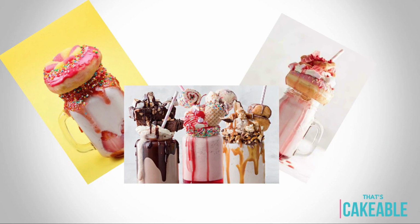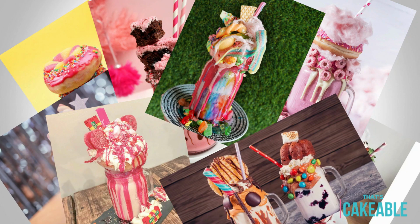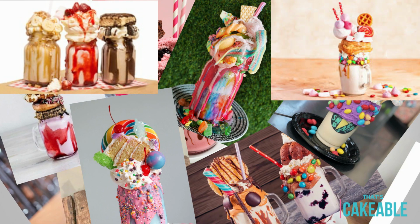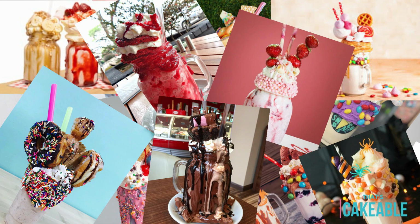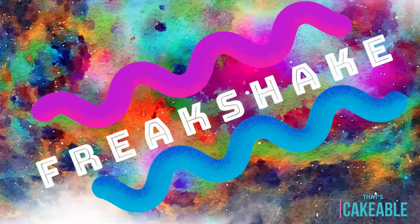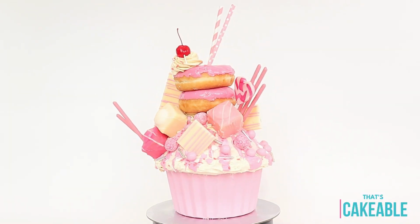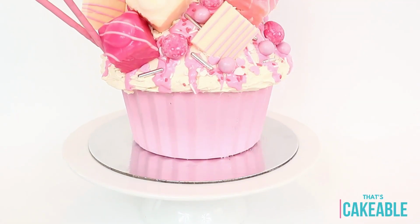So this is Freakshake! So if you don't know what a Freakshake is, it is a hybrid shake cake with lashings of...